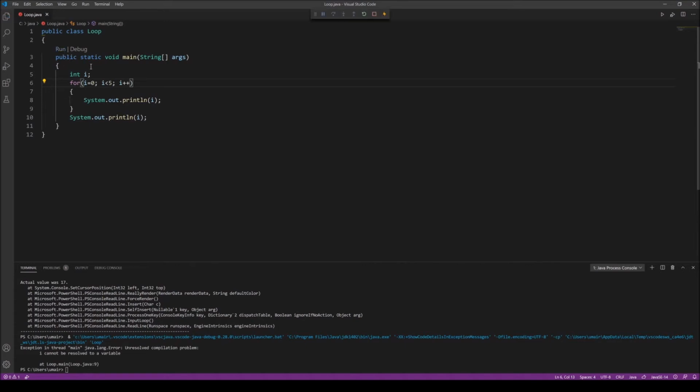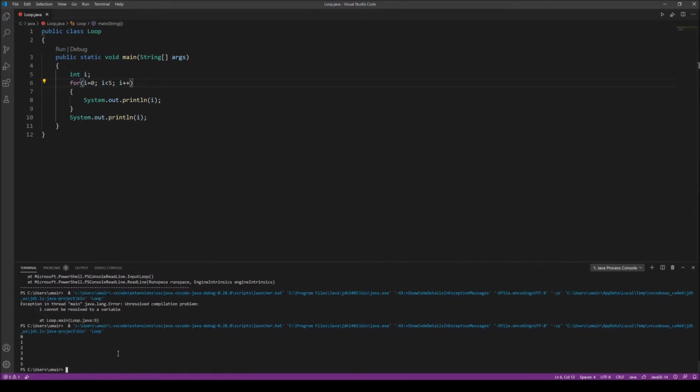So if I run this now, it's not going to give me an error. You can see it just printed, and now it went all the way to 5. So why did it print 5 over here? It printed 5 because over here I set i equal to 0. I just declared i with no value, and then I put i is equal to 0, so the i